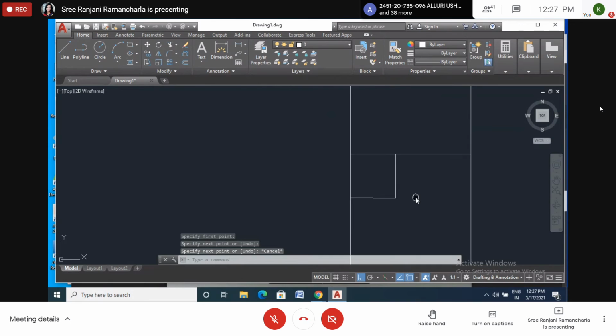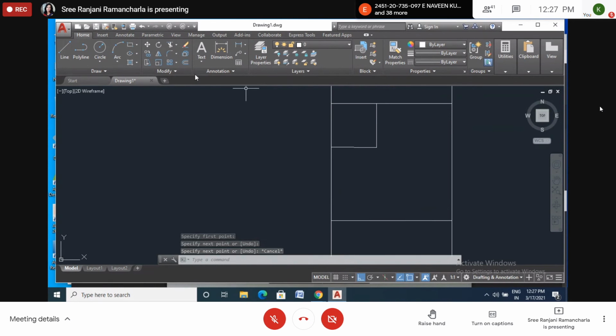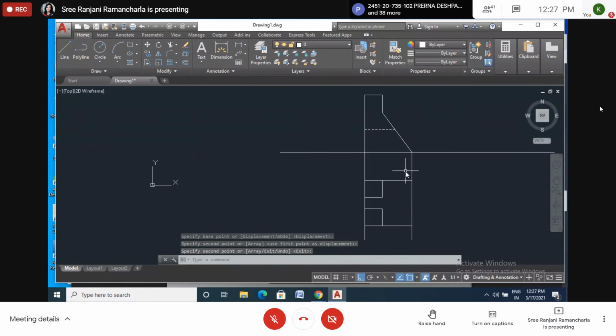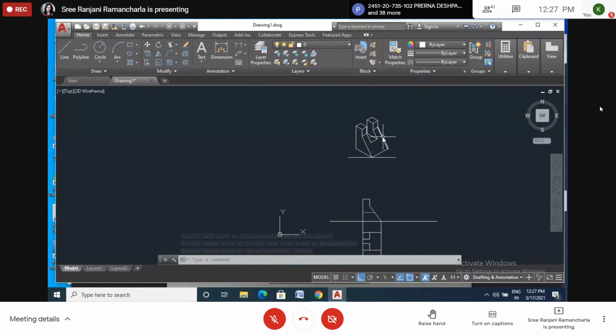Okay. Now here, same thing. If you want, you can copy this one, enter. And this one also can copy. No need to measure. Okay. And this line from here to here, from the top we can see like a straight line. And this line also we have to draw. Just join this one.